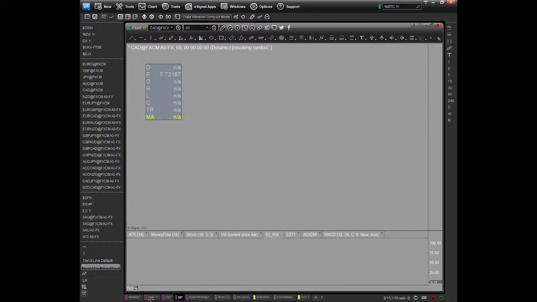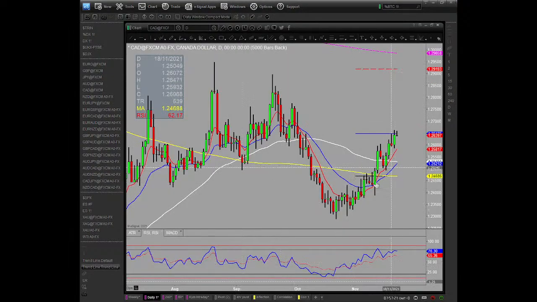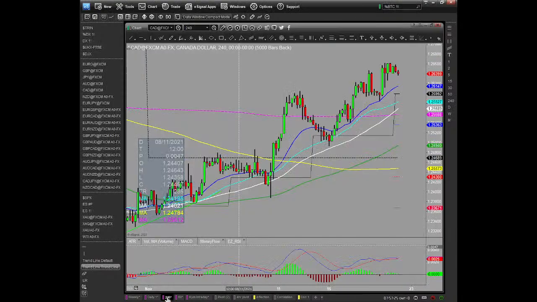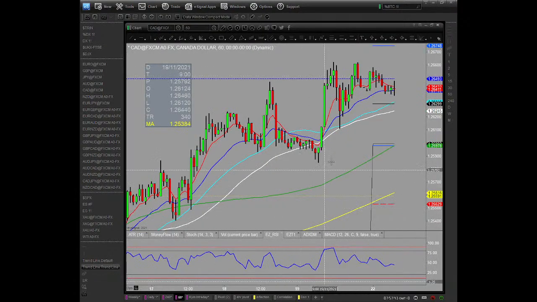Canadian dollar. Canadian dollar carries on pushing up here. Same softness that's just coming through these markets. This money seems to be running towards the dollar at this stage still. Canadian dollar again, a bit similar to the Australian dollar. I prefer selling the Australian dollar than buying this US dollar Canadian dollar. I think that there's a turning point that's maybe more likely to come with the CAD first, but for now